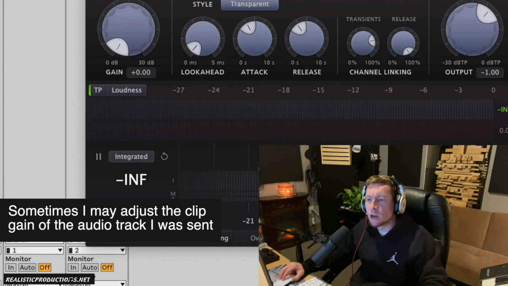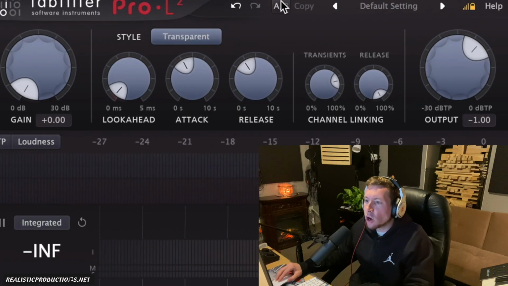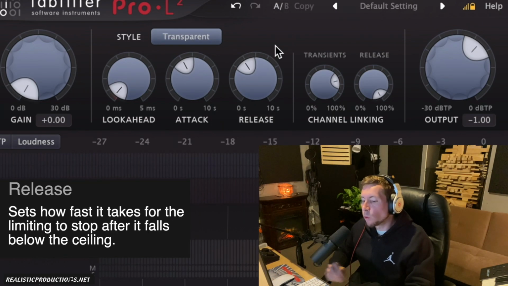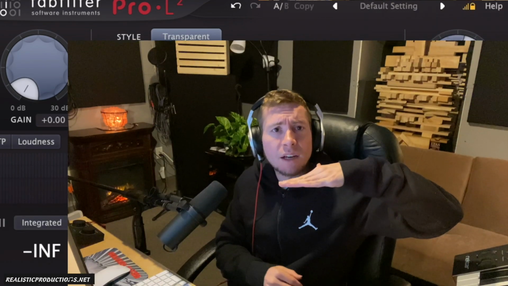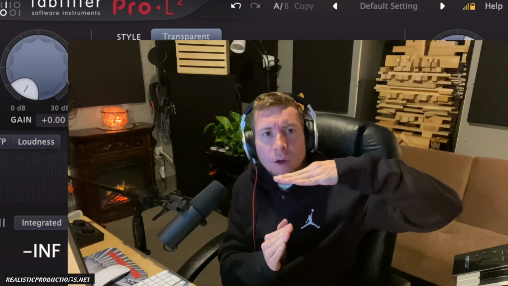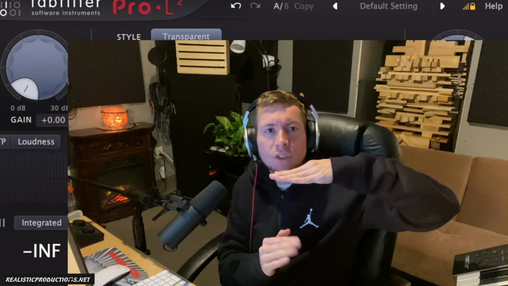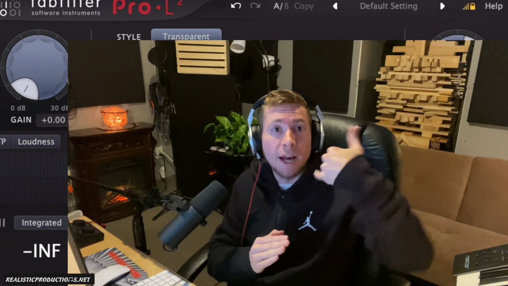But as far as numbers go, that's the number that I'm aiming for there. So now let's go ahead and talk about this release parameter right here, and this sets how fast it takes for the limiting to stop after the signal drops below the ceiling. So we got our ceiling, and if we have a faster release, then it's going to drop down a lot faster. But if we have a slower release, then it's just going to take more of a gradual pace to